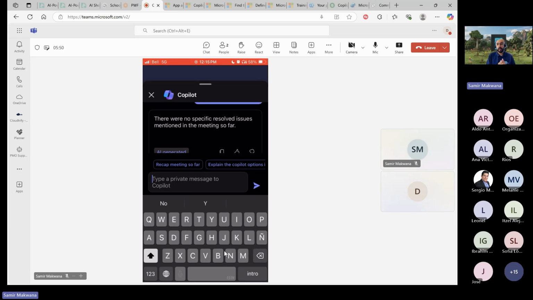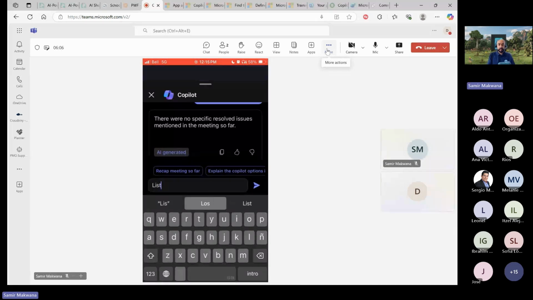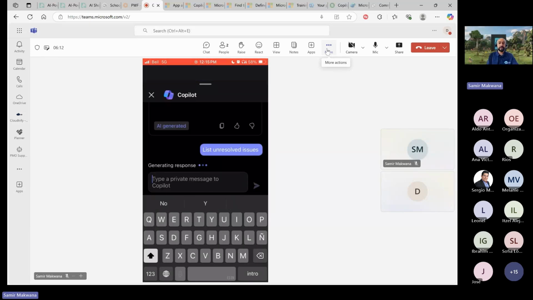So let's talk about one unresolved issue: Copilot in Teams cannot change the background of the meeting. That is one of the unresolved issues, I would say, to find out. And now if I type that again, list unresolved issues, it should pull that information out. I hope so. So let's see how it looks.